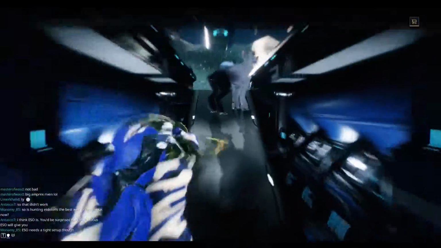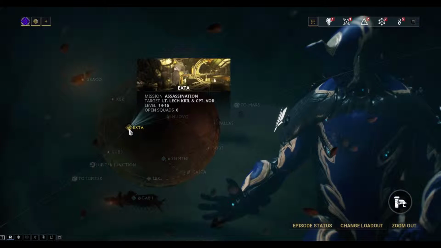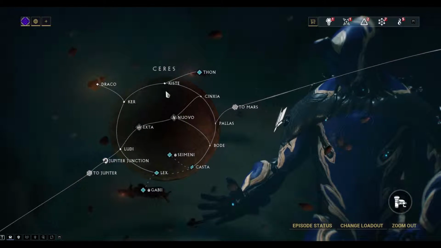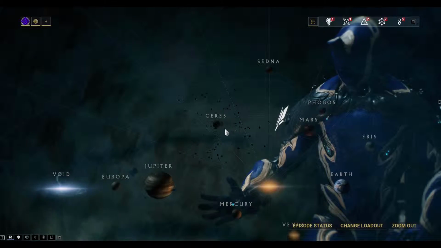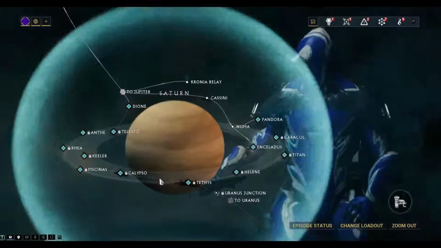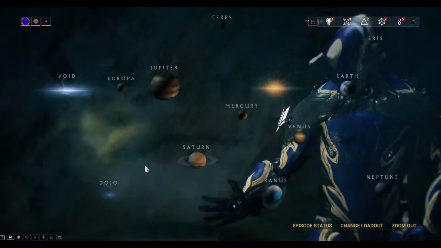Anyways, to actually get the component blueprints for Frost, you have to play the assassination mission on Exta, which is on Ceres. So if you haven't gotten to Ceres already, and you want to get Frost, you're definitely gonna have to fight your way up to Ceres. Currently I'm up to Saturn, which is where I actually started to mod my weapons and stuff, because